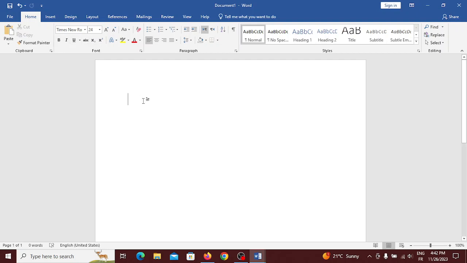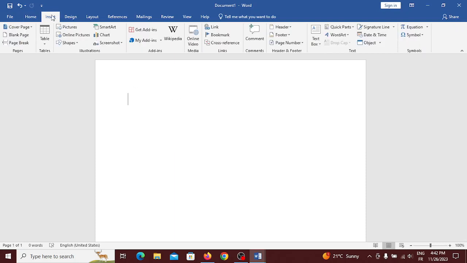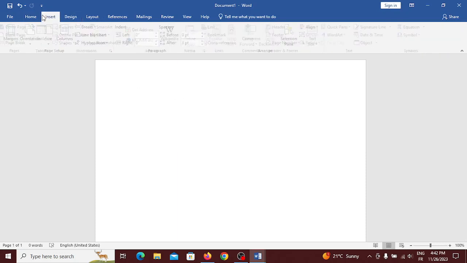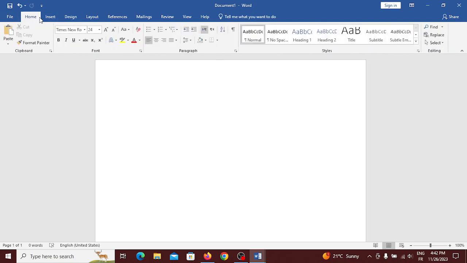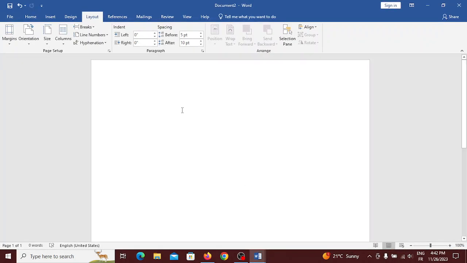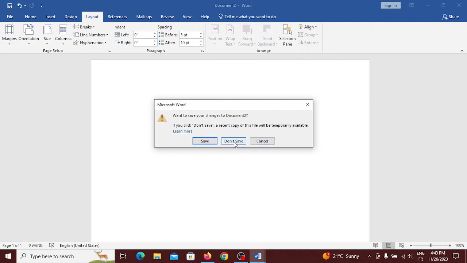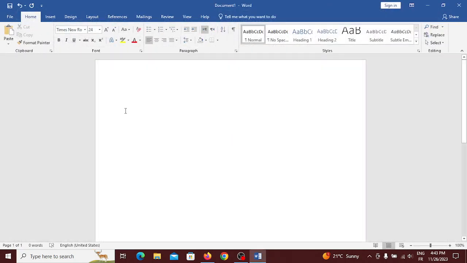So to continue with the lesson, we can use different shortcuts to facilitate working with Microsoft Word. For example, when it comes to saving the document, for example, let's go with a simple document like so, title. Now,